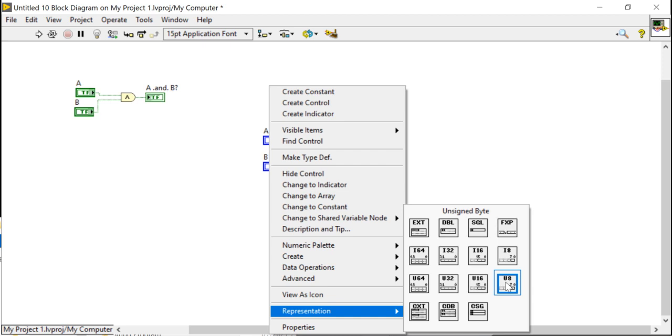Please convert it first. Have you done? Okay, nice.